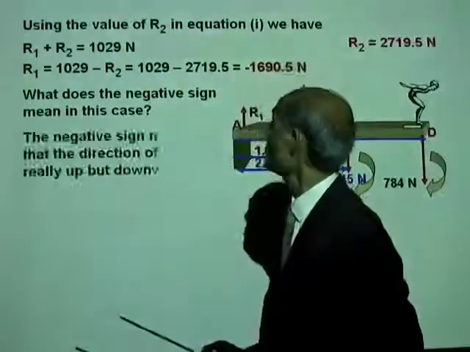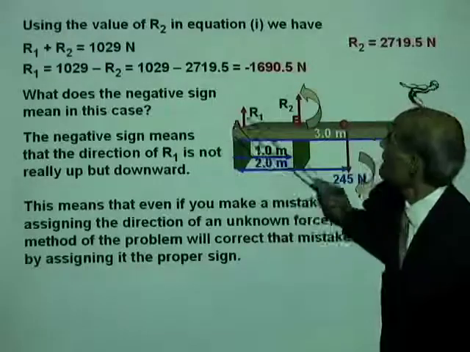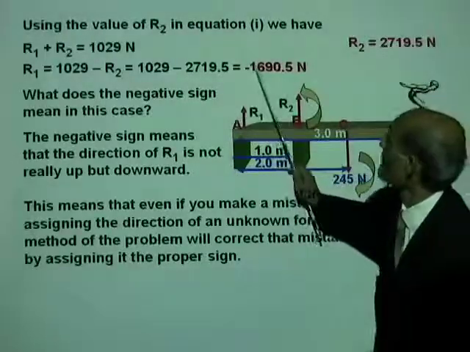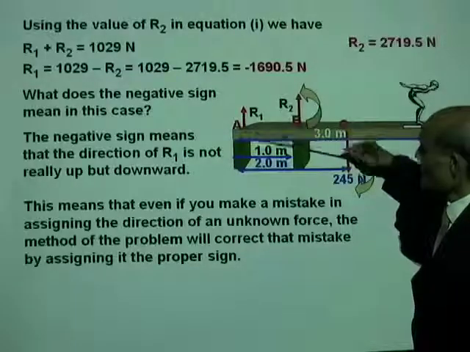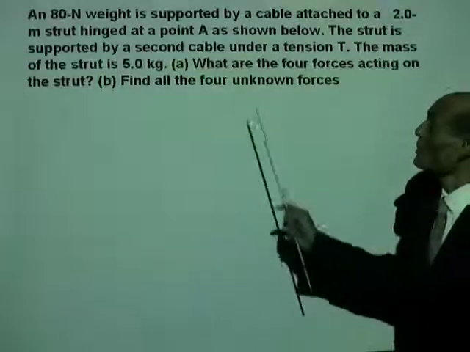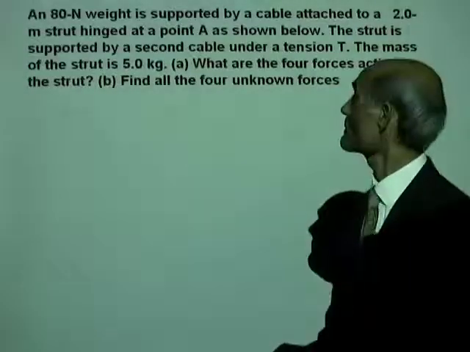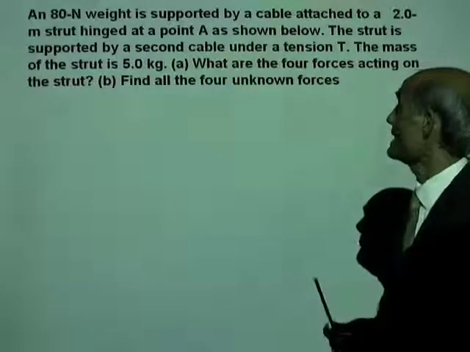So what is the value of R1 now? R1 is 1690.5 Newton directed downward. Okay, let's go and solve another problem. An 18 Newton weight is supported